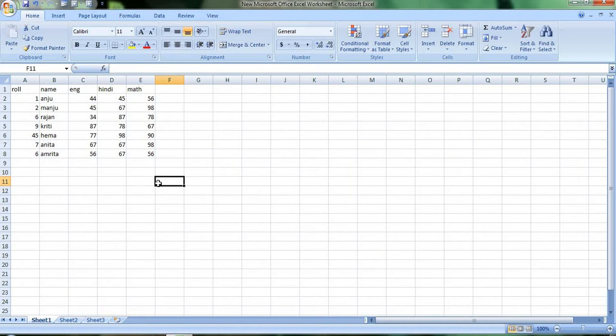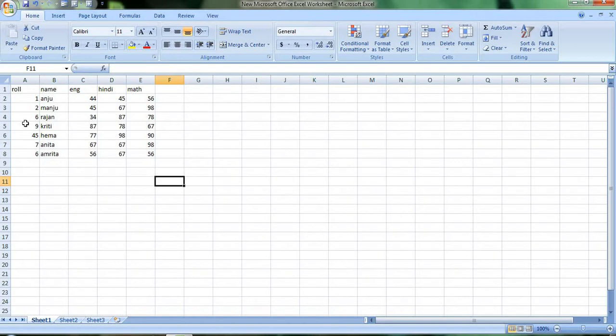Now understand what is a field and what is a record. A field, a column within a database that contains only one type of data, is called a field. For example, a roll number consists of only numbers of the students. It is not possible that roll numbers contain the names of the students.